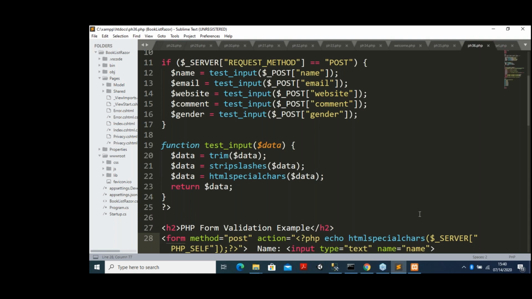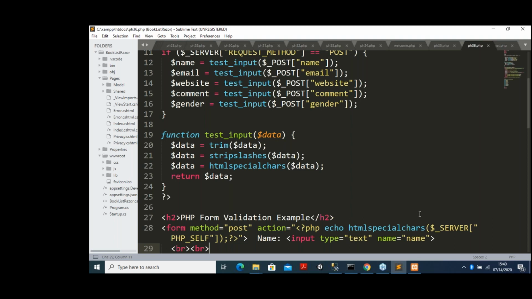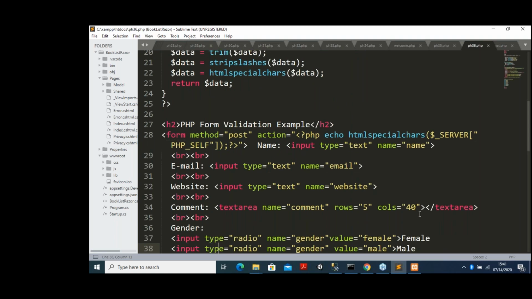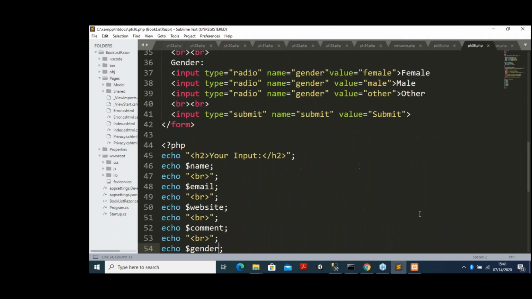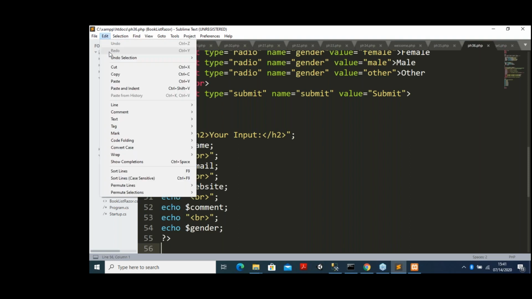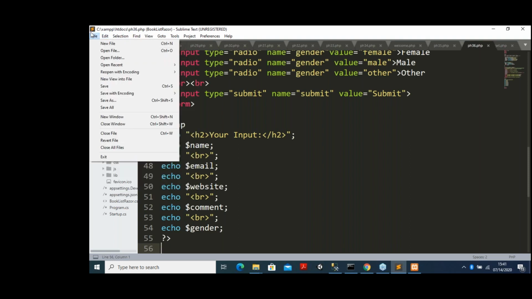Then I have written the second part, the PHP form validation. This is just a PHP form example. Up to this, it is purely an HTML program. And finally, I'm writing another PHP program for the data I have given, which I want displayed here. So that is the part I have done and shown you. Then we go for the next file, program number 37.